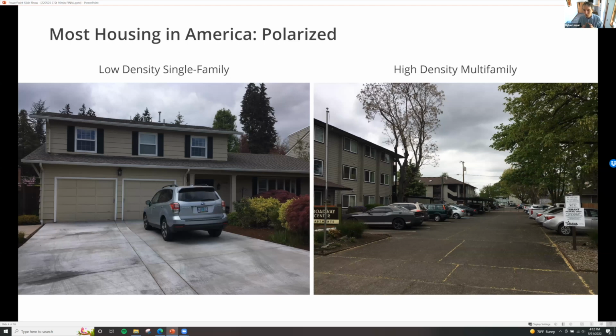And by 1950, we had a pretty mass scale polarization of housing in this country, in pretty much every city nationwide. Low density single family on one end, high density multifamily on the other. It was very intentional. Zoning regulations very intentionally created racial segregation, economic segregation, with white owners at one end, everyone else as a renter at the other, is pretty much the typical story. Front and center in that story is the private automobile, which has had a lot of impacts on the way our cities look and feel. And also, as I mentioned, the ownership piece.